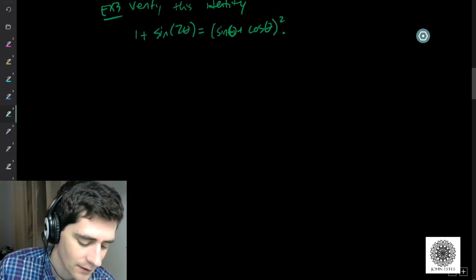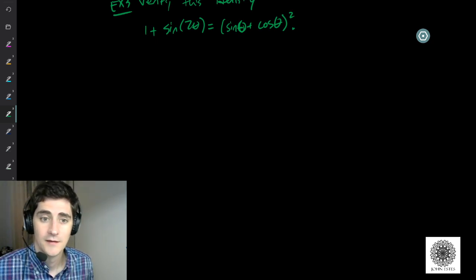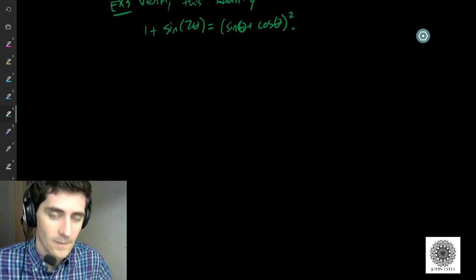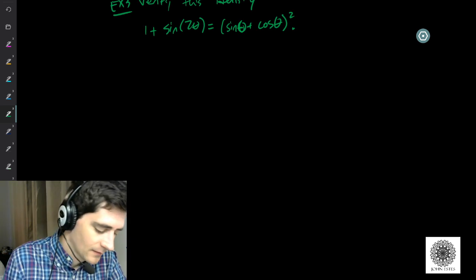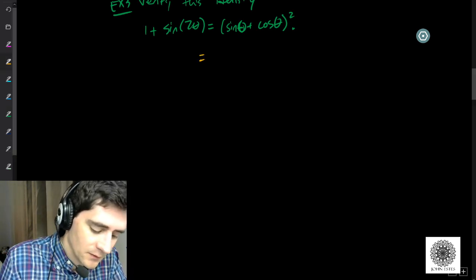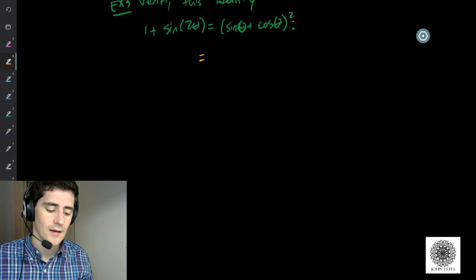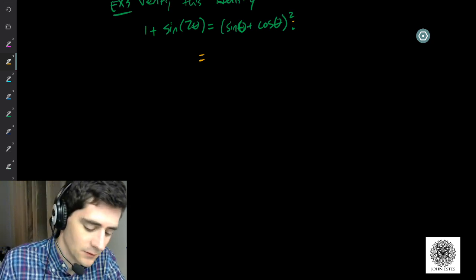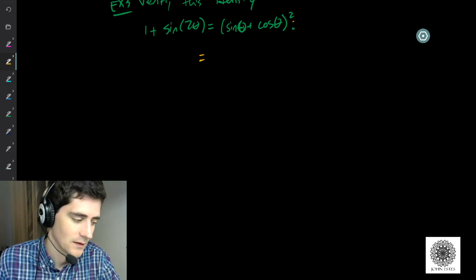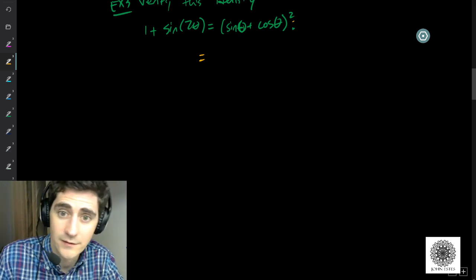Now remember, the way we do that is we pick the more complicated side, use our identities that we know to reduce it down to something a little simpler. All right, any ideas? I think what we do here is, look, this is squared, so let's take the right-hand side as our more complicated side, and let's square it out. And hopefully, if we do, that will reduce down to 1 plus sine 2 theta. All right, so let's try it. So if I square this out,